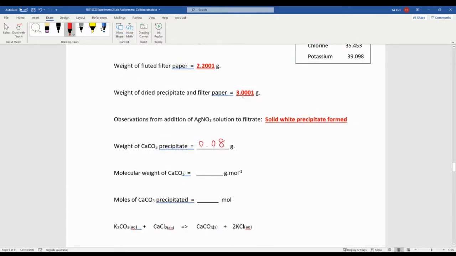That one, the mass of everything, take away the mass of your filter paper, right? It will give you the mass of the dry precipitate. So I have